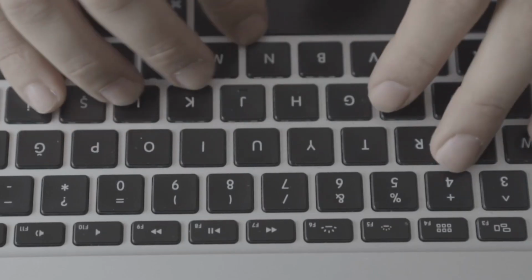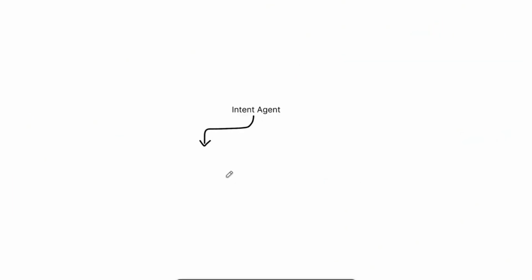Let's dive right in. First off, we are going to build an intent agent. This will understand the user's intent when they send a message in the chatbot section. Is the user asking something about Apple? Do they want a general chat? Or is it something completely out of context? If the user asks something relevant to our business, like where is my order, we will route them to the